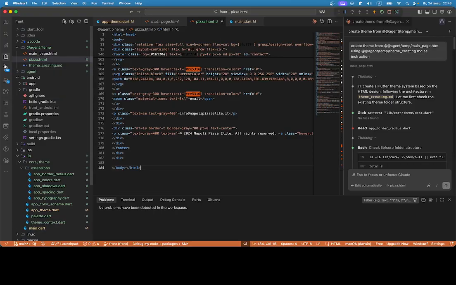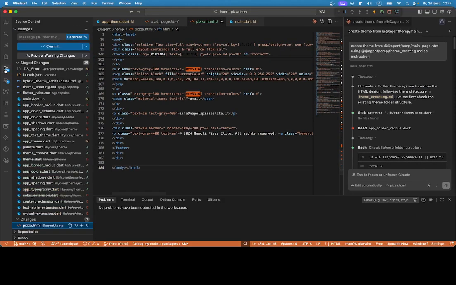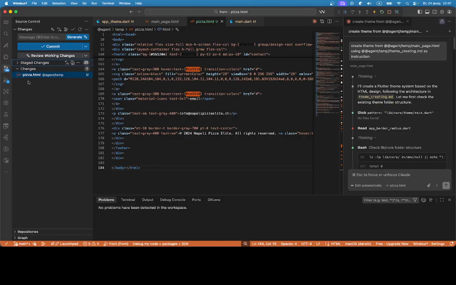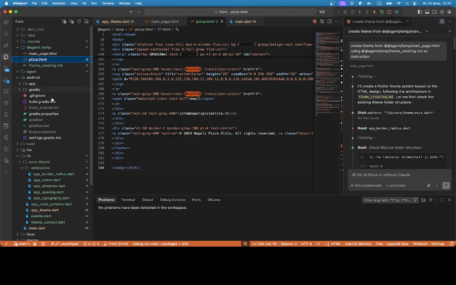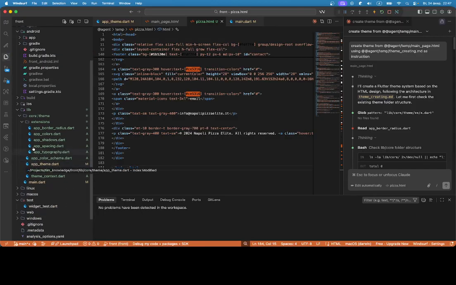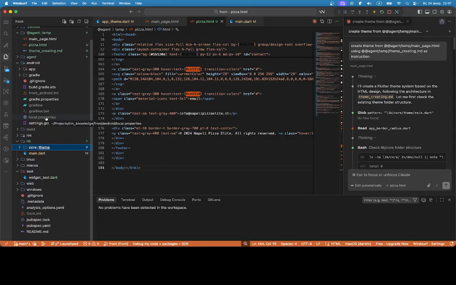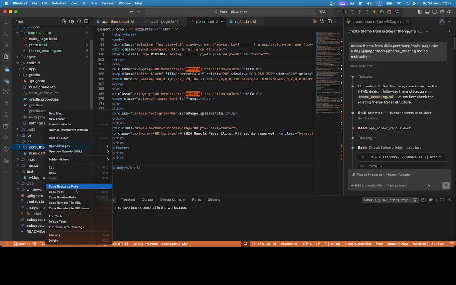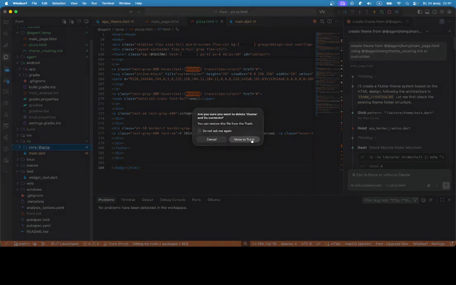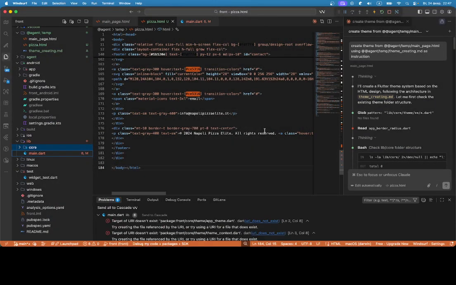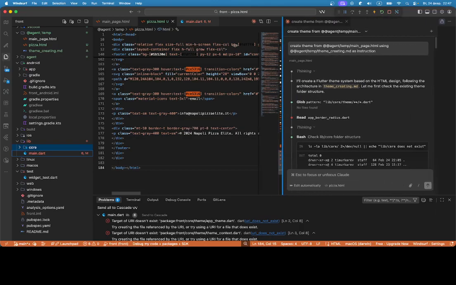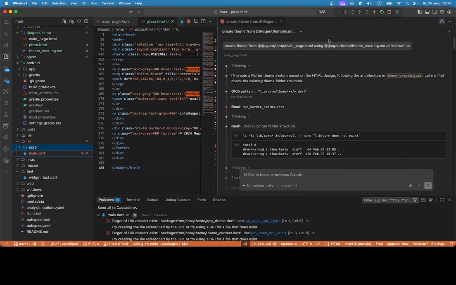Okay, now I stage the changes and delete the previously generated theme. Delete. Okay, now I copy the